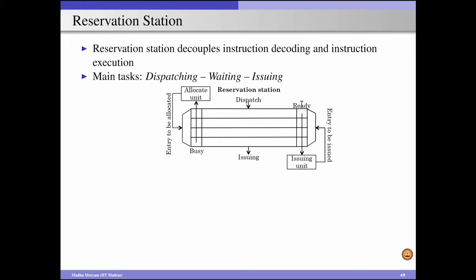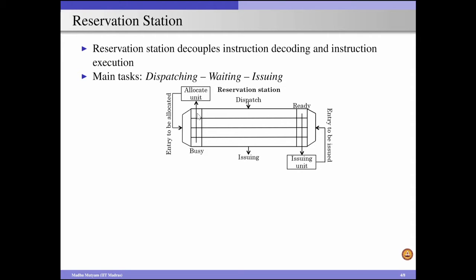So in order to dispatch the instruction to a reservation station, all we have to do is check whether there is a free entry in the reservation station. As a result, this allocate unit is going to scan through all the entries in the reservation station to see if there is a free entry. This can be identified by using a single bit of information per entry, and that is called the busy bit. Whenever we dispatch an instruction to the reservation station, we set the busy bit of the corresponding entry,